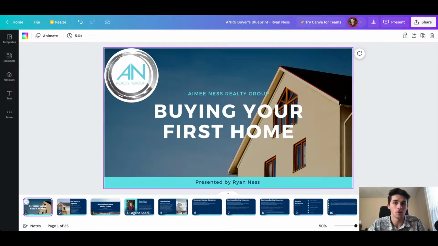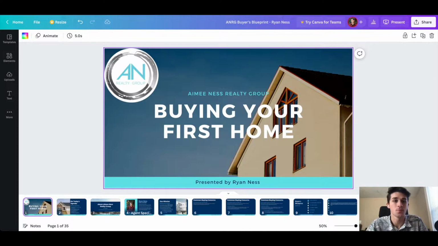It's totally free. You can pay for it if you want some more advanced features, some more complex animations, but for me, I just wanted the free version because, honestly, at the end of the day, it's just a tool. You're the one who provides the presentation, and the connection that you build with your clients is what will really carry you, not the features that you pay for in the presentation. So I could have done this just as well using Google Slides, but I found that Canva was